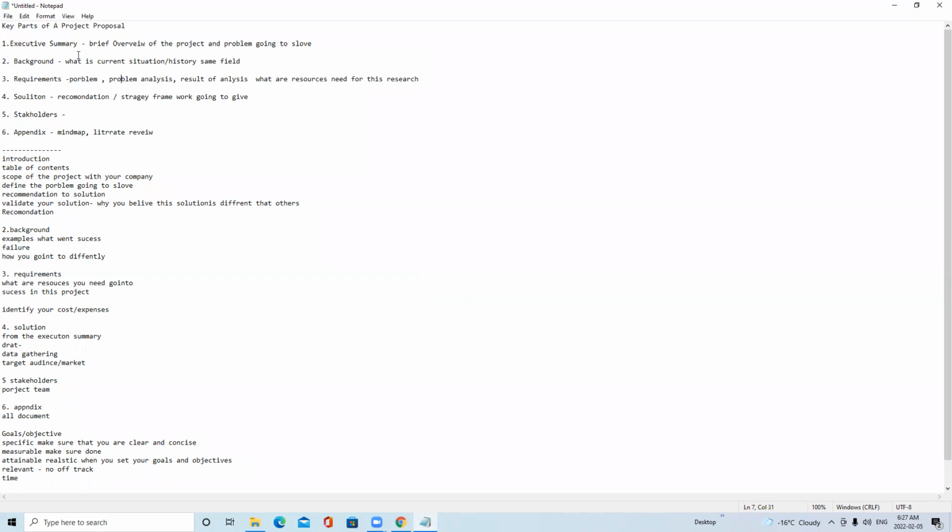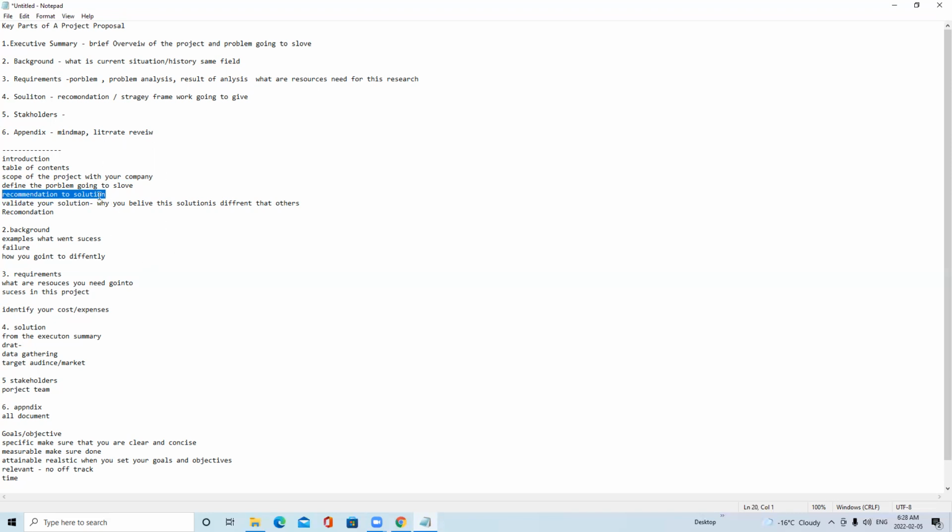In the project's executive summary, we give a brief overview of the project and the problem we are going to solve, right? There we can include a table of contents in the introduction. In the executive summary, you can include the table of contents and the scope of the project with your company, and you define the problem you are going to solve here. Then the recommendation to the solution, all written in bullet form,